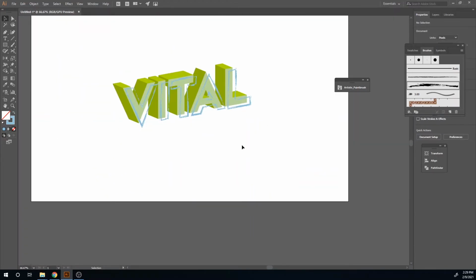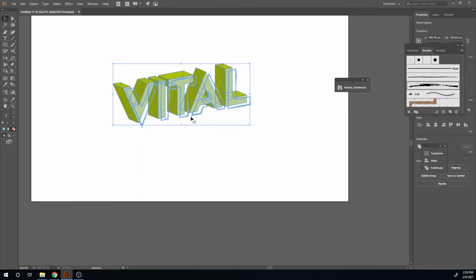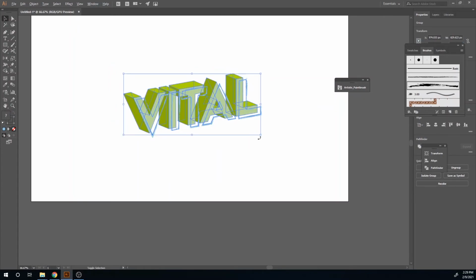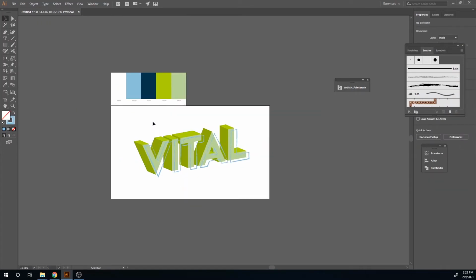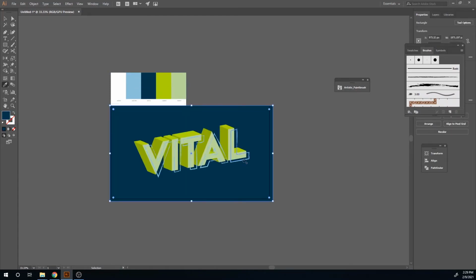All right, so before we go any further here, before we end this, let's just group this together. Control G. That way I can maneuver that into the center here and expand it a little bit. Let's add something to the background. So I'm gonna grab this blue shape, this blue texture. I'll grab the rectangle tool, and I'll just pull this in the back here. Control Shift N. Open bracket to get it to the bottom, and I'll just Control C, Control F,